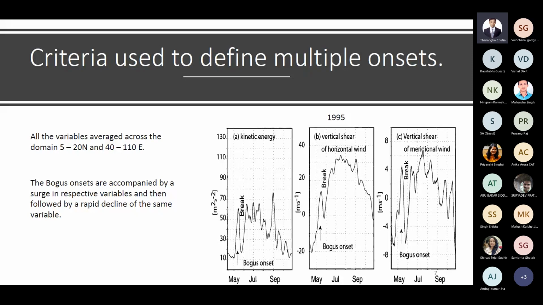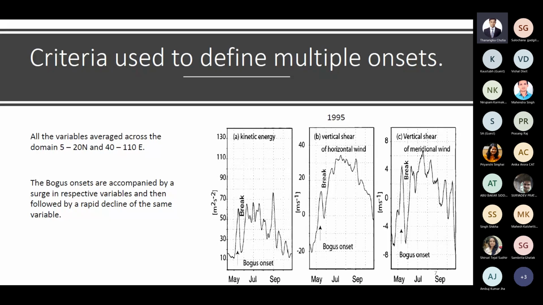Probably this is because of cyclone-induced convection over the Indian subcontinent, and then there is again a sharp decline in the vertical zonal wind shear, followed by a sharp increase, and then the wind shear continues to be above some threshold, say about 20 meters per second, once the monsoon sets in. The same is the case with meridional wind shear, which also shows a peak that corresponds to the cyclone, then a sharp decline, and once the monsoon sets in, the variation